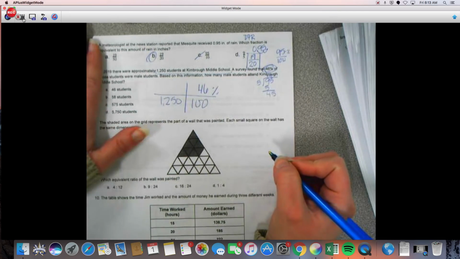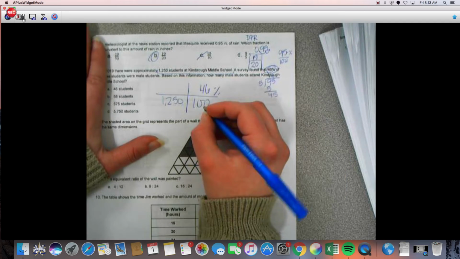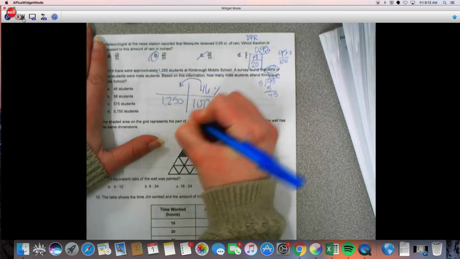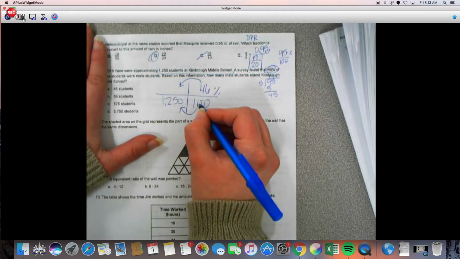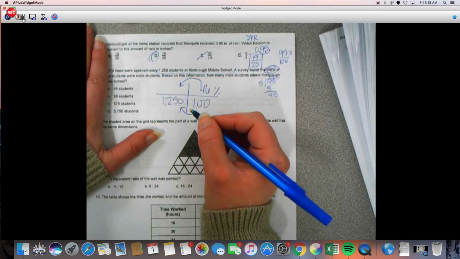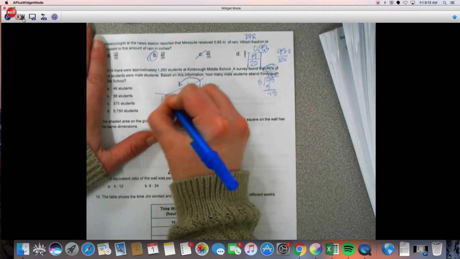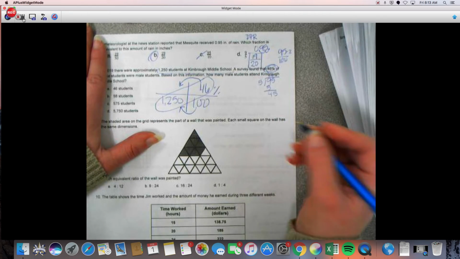Okay? Now, I'm solving for this. So, if I look right here, I'm going this way. I'm going this way. Can I think of something to multiply 100 by to get 1,250? Well, unfortunately, no. Okay? So instead, I've got to cross multiply. All right? So I have to do